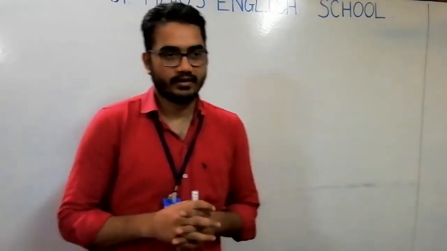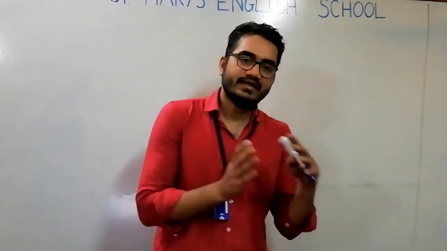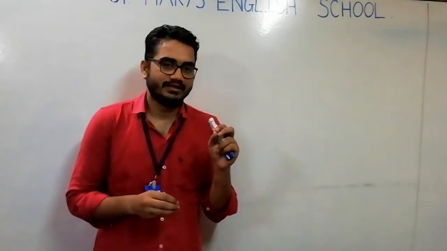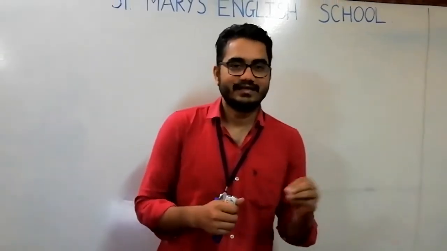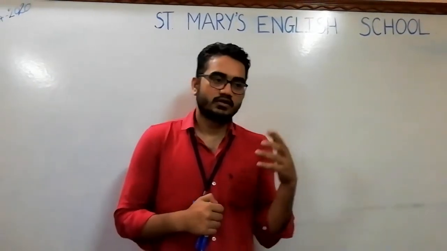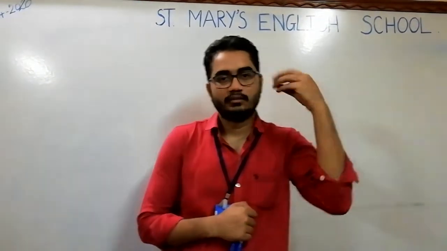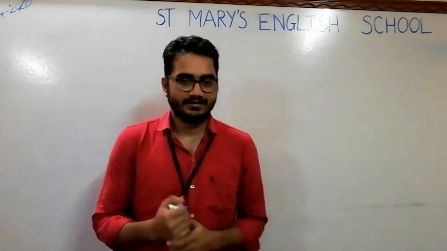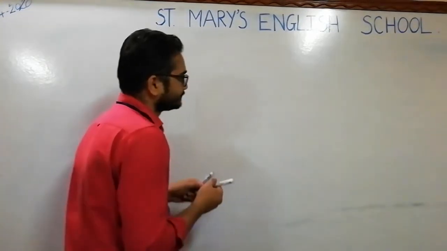Today we are going to solve chapter 7 from your exercise, standard 10 maths, that is coordinate geometry. We have already studied a little bit about coordinate geometry in 9th standard and a little bit in 8th standard. You had a basic idea about it. When I talk about coordinates, the first thing that comes to your mind is the quadrant. So let us start from there.